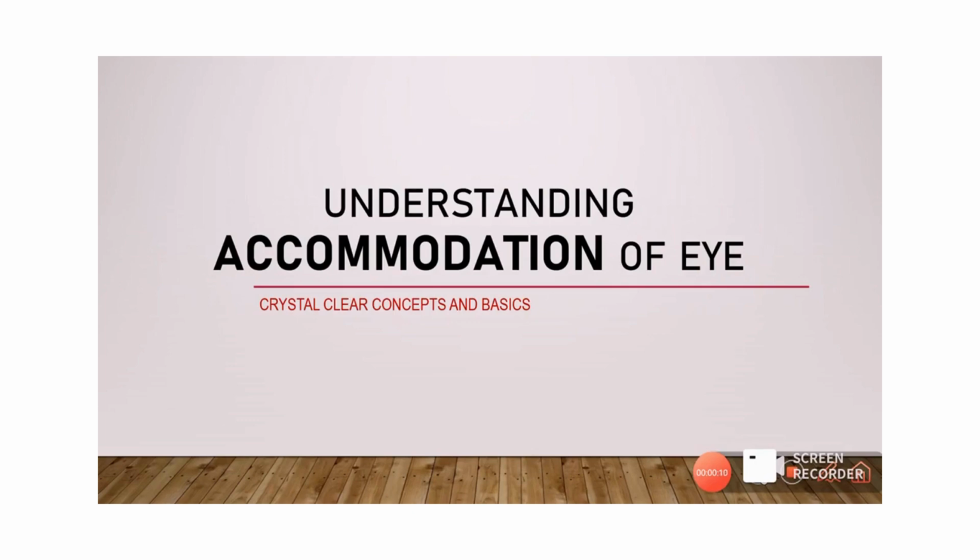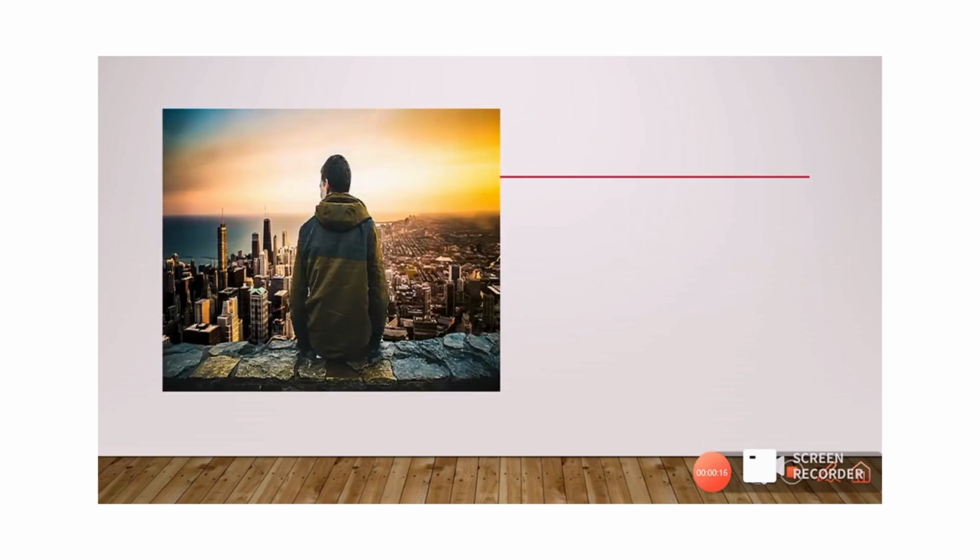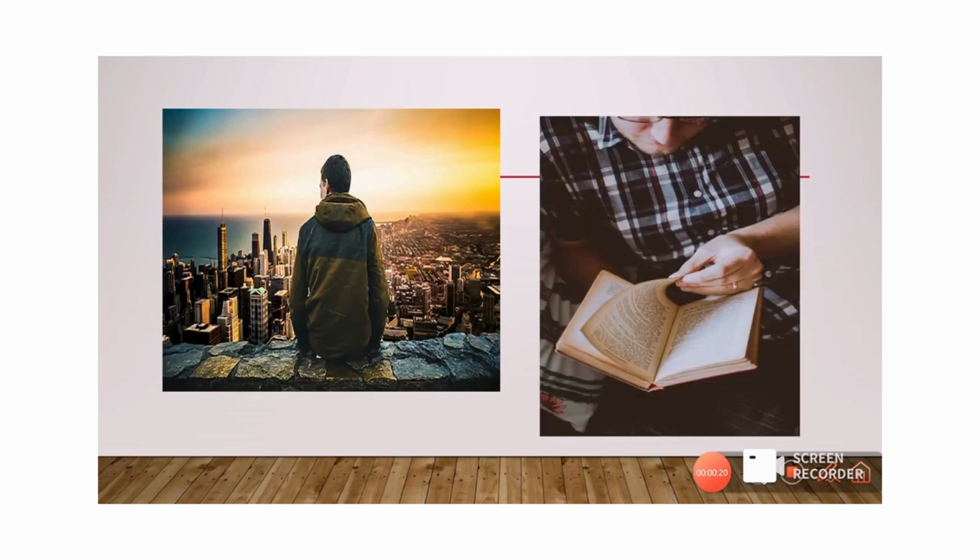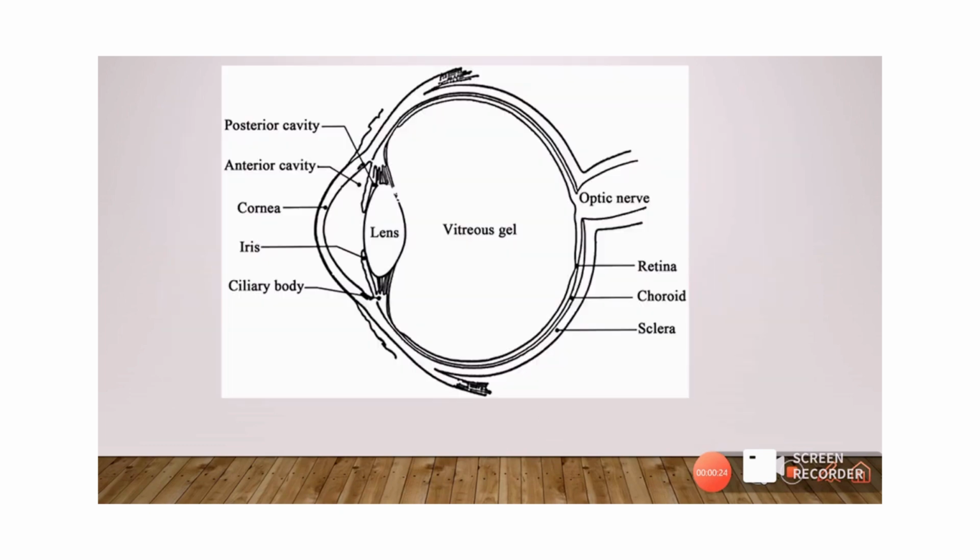Trying to understand what is accommodation right from the basics. A normal eye which does not have any refractive error can look at far and can look at near objects quite easily and clearly. To understand accommodation, let's try to understand the total power and the refractive power of the